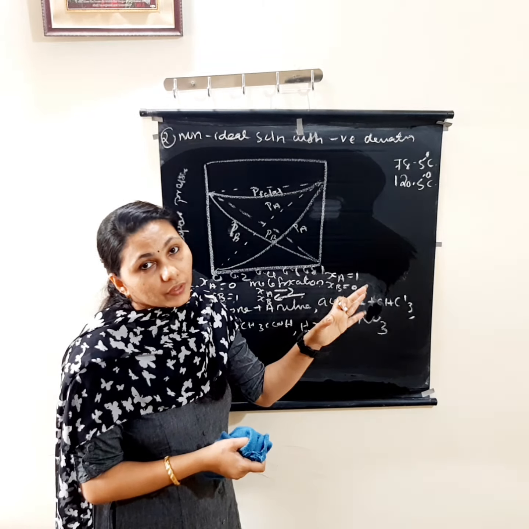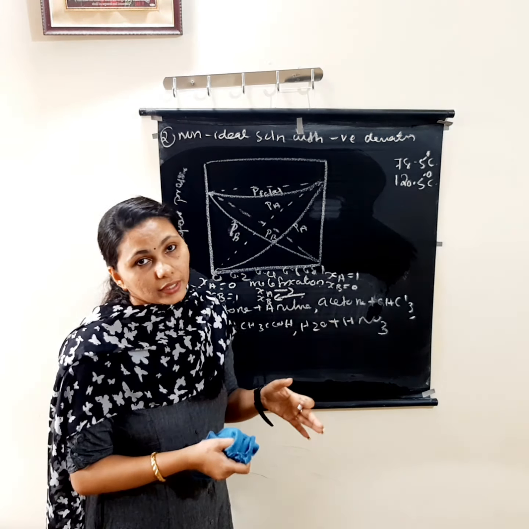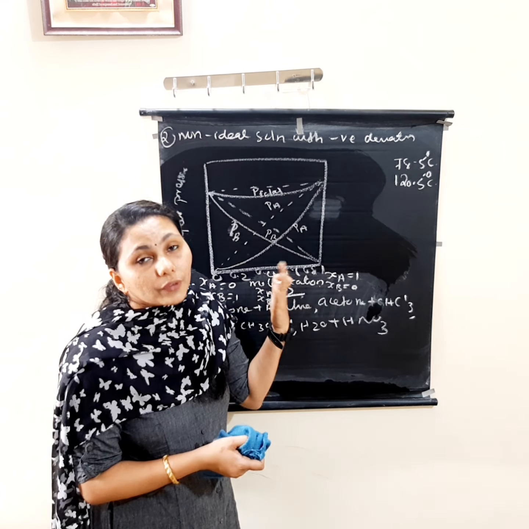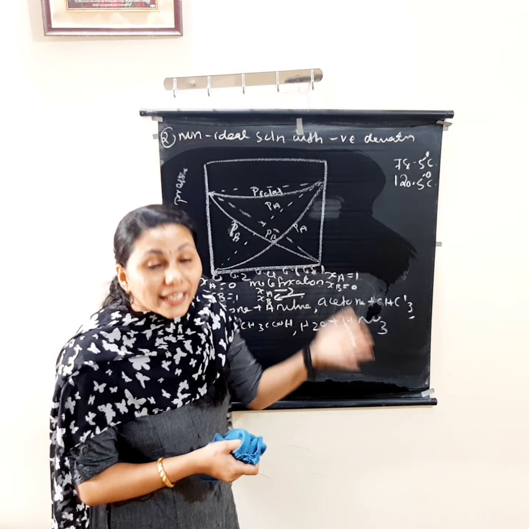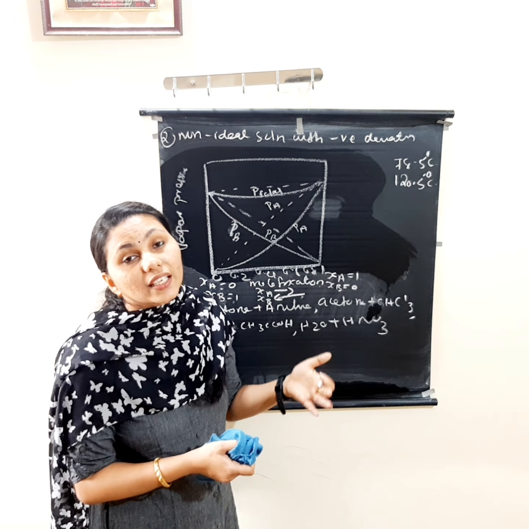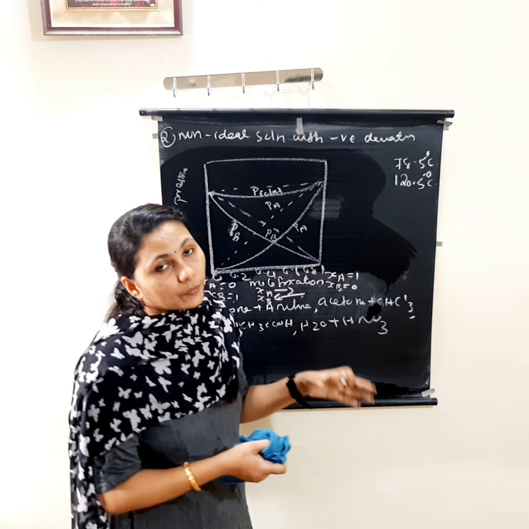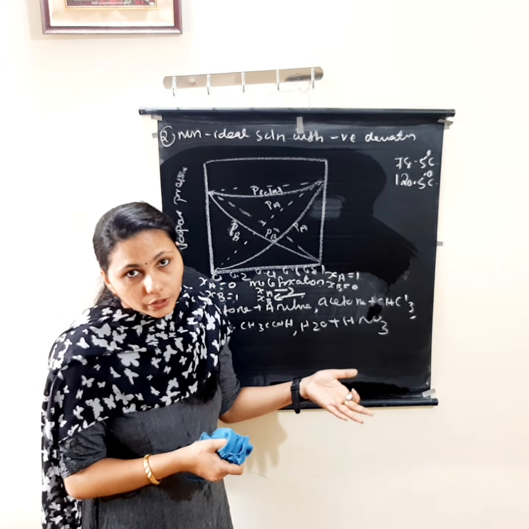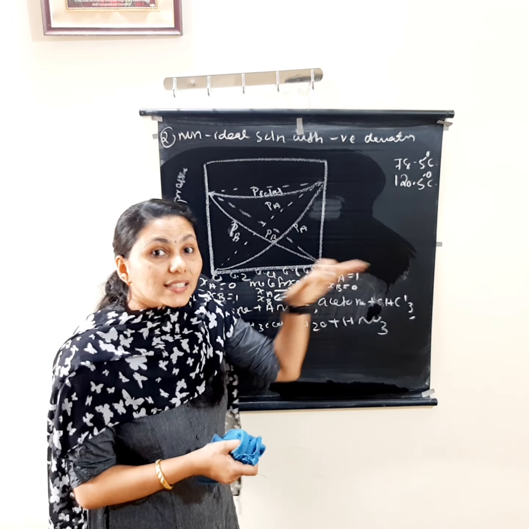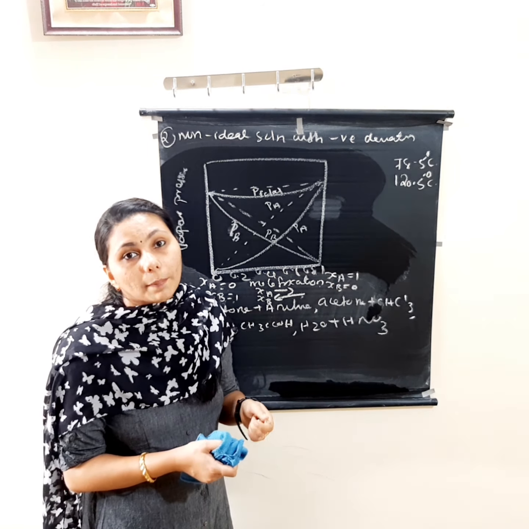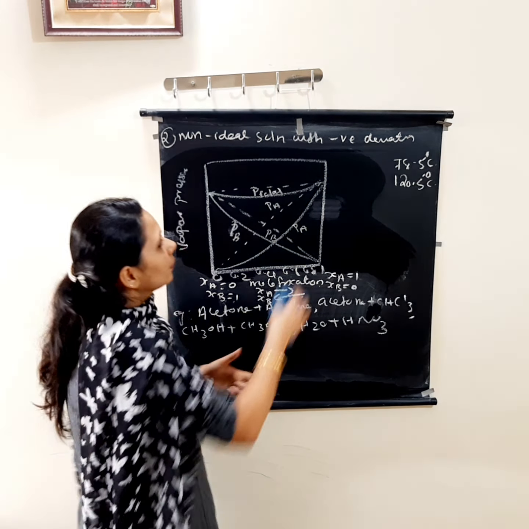Then next is, I already told you, the azeotropic mixture. In positive deviation, a large positive deviation showed a minimum boiling azeotrope. If an azeotropic mixture shows a large negative deviation, it is known as a maximum boiling azeotrope. For example, it was given a mixture of